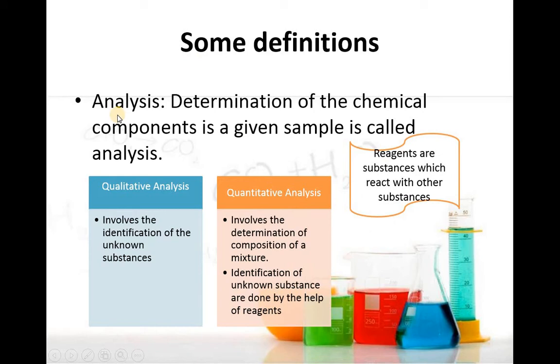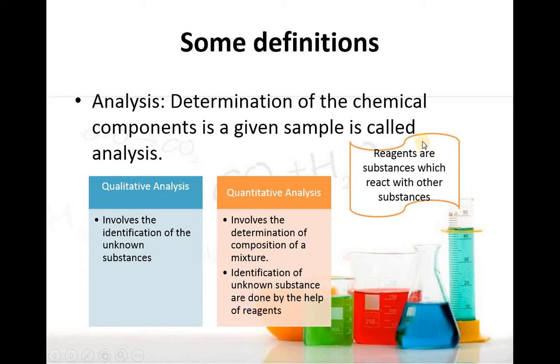Other definitions. What is analysis? Analysis is the determination of the chemical components in a given sample. There are two types of analysis. One is qualitative analysis, another is quantitative analysis. What is qualitative analysis? It involves the identification of the unknown substances. What is quantitative analysis? Involves the determination of composition of a mixture and identification of unknown substance with the help